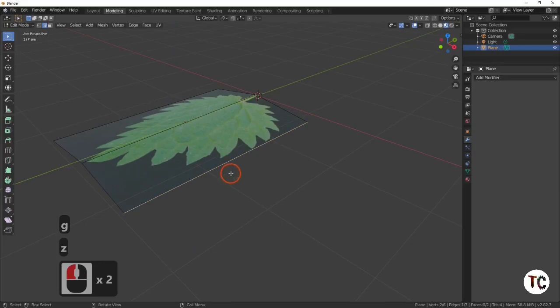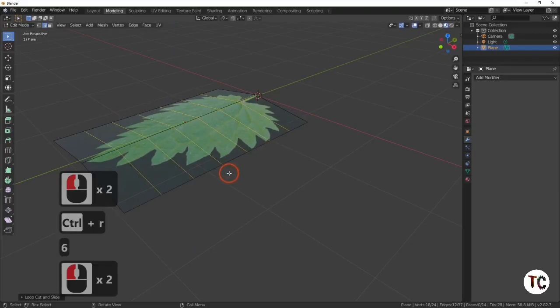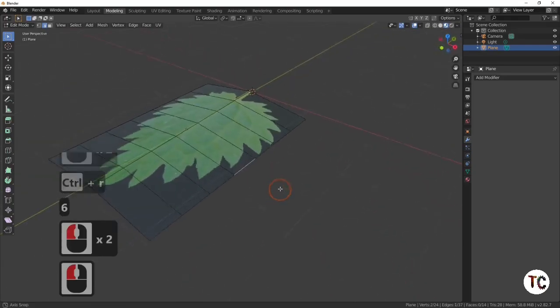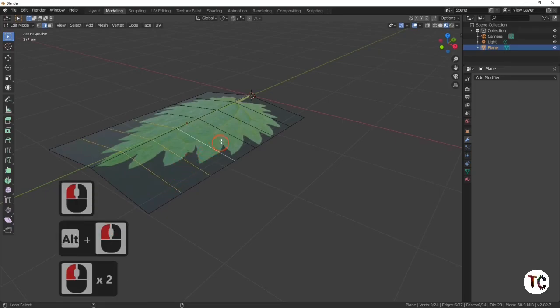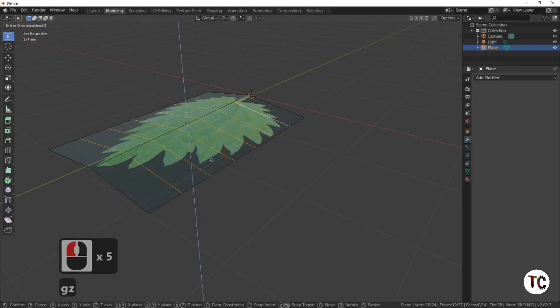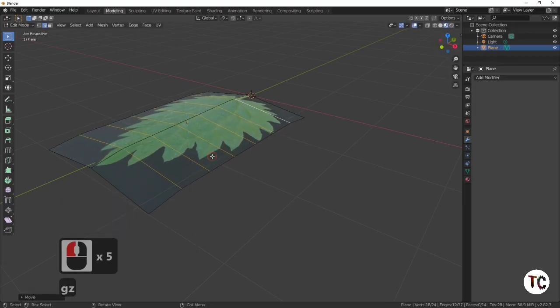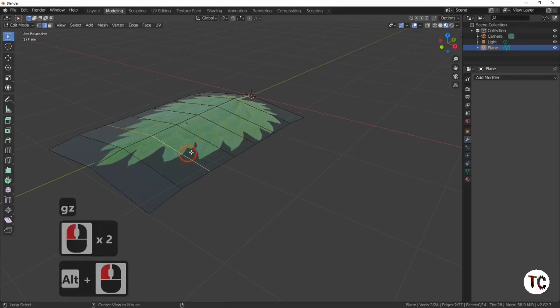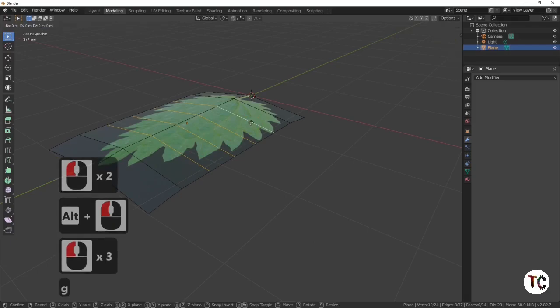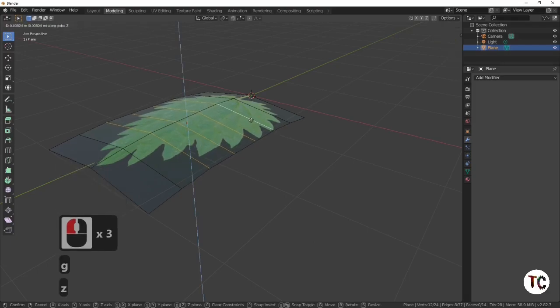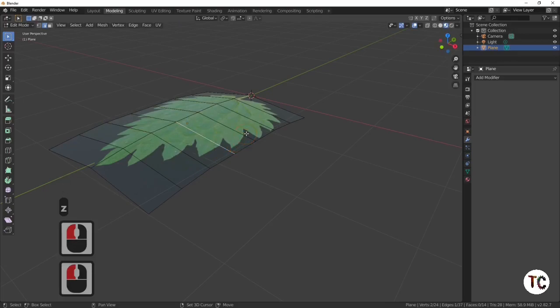What I'm going to do then is subdivide this by 6, just to actually make the shape of the leaf. So I'm just going to select that edge, that edge, that edge, that edge, that edge, and that edge, and G and Z, move it up slightly, and then the inner edges on that one. All I'm doing here is putting a bend in the leaf, and select the inner ones,